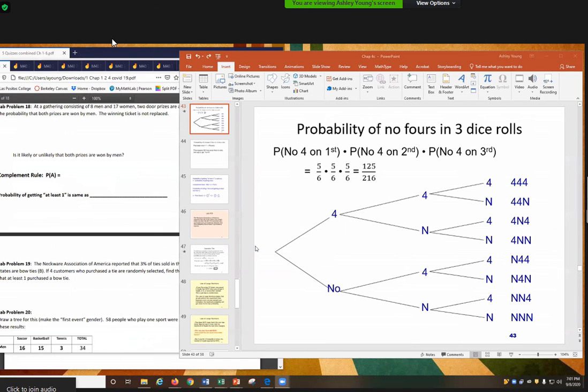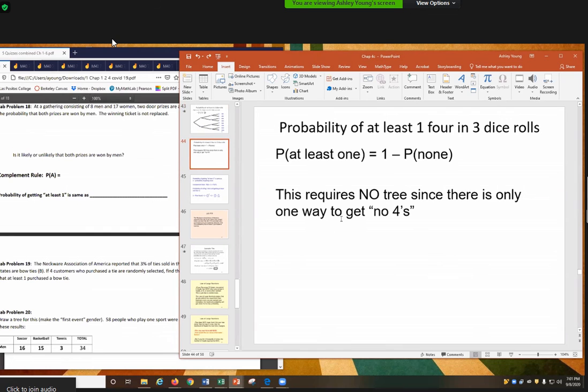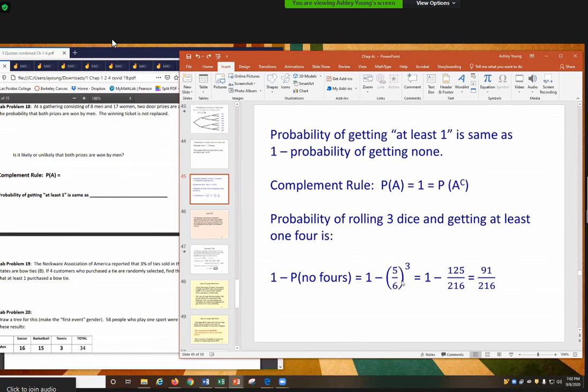Okay, so we are here. Right, so again, I don't even need a tree since it's only one way of getting no 4s. You guys just did it a second ago. What's the probability of 4 people all buying ties, whatever it was. You did 0.21 to the 4th power. This would be 5/6 to the 3rd power, for the 3 dice. So 5/6 to the 3rd power. That's this right here